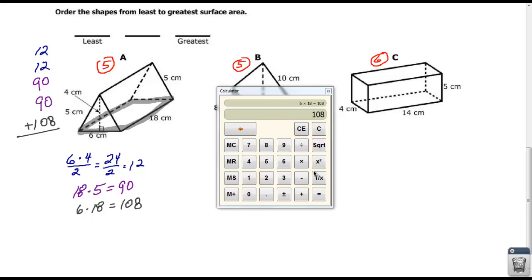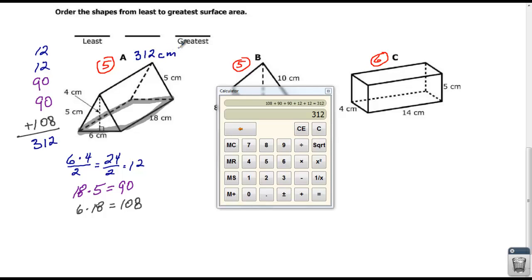And we're going to add all those together. So we have 108 plus a 90 plus a 90 plus a 12 plus a 12. And all of that equals, I can see I have 1, 2, 3, 4, 5 numbers. All of that equals 312. So A is